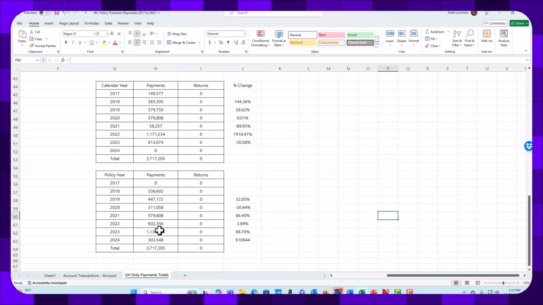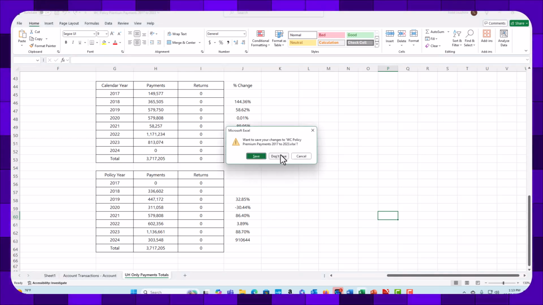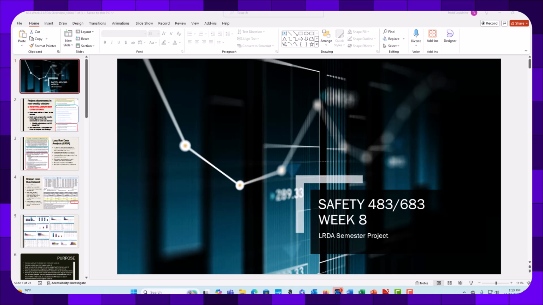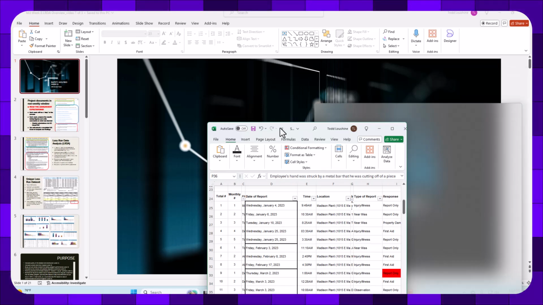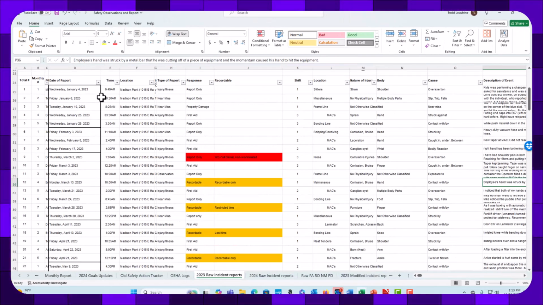We're fighting against that, but you can see here the quarterly payments, that better be quarterly payments. It's already at 303. Pretty sure that's what it is, but I'll get into that later. I just wanted to show you, you can track that stuff too. Save, don't save. The next thing I want to show you is a reminder that we have to keep OSHA